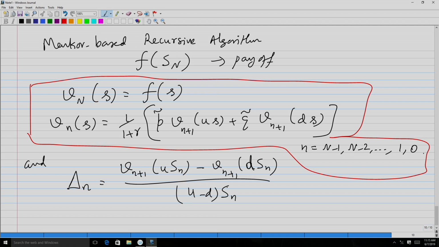Once you identify that, then of course, you can simplify the computations, you can simplify the algorithm, and you can do an efficient implementation, because the binomial asset pricing model is actually practically used with a large number of periods. So, when you go for a large number of periods, such an efficient algorithm implementation is what is required to be done if you have to really implement the theory in practice efficiently, right.